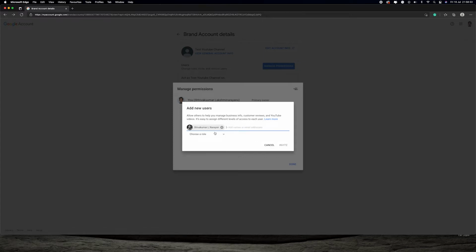Once I have done that, I can add more than one name, but once I have selected one name, now it gives me an option to select the type of role that I want to give to that user. So if I click on the drop down, I can get options like owner, manager, or communication manager. I would call it manager, the person who would like to manage my YouTube account other than me, without me having to send the username and password to my YouTube account. So when I click on invite,